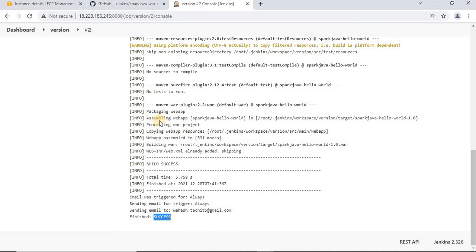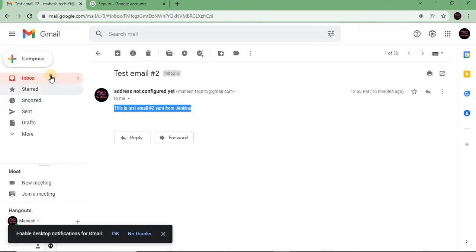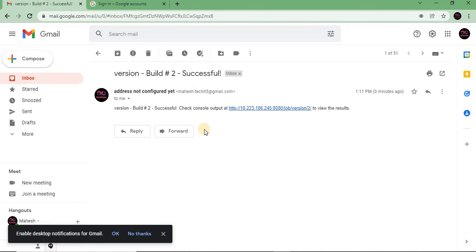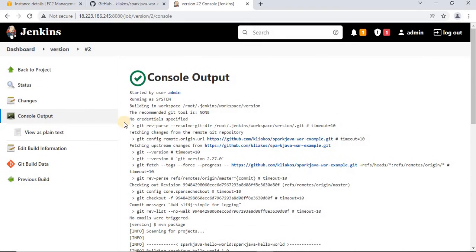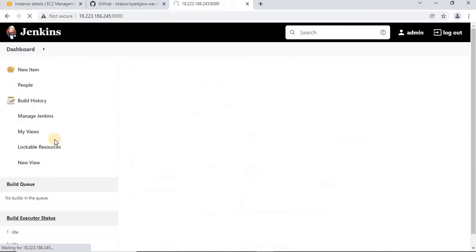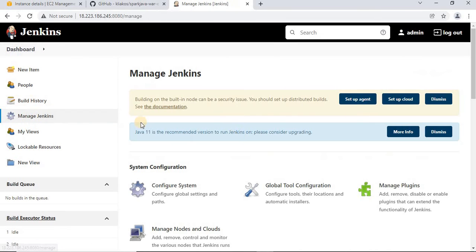Now let me check the email. See, now I have received it. Version build successful. Okay, hope you got it. Now, for clear understanding, let me go back to Manage Jenkins,